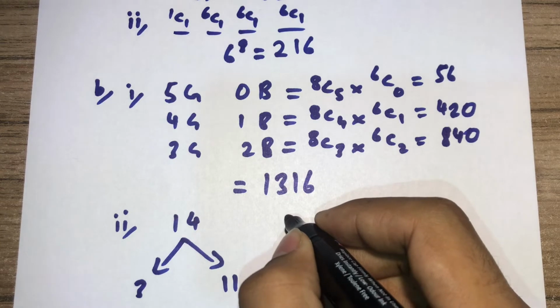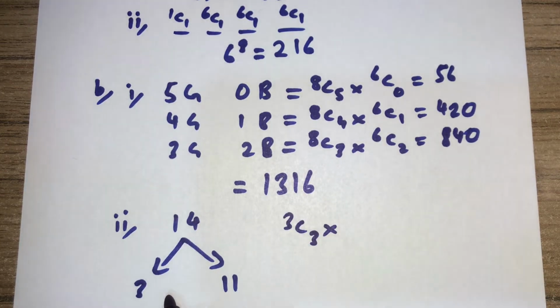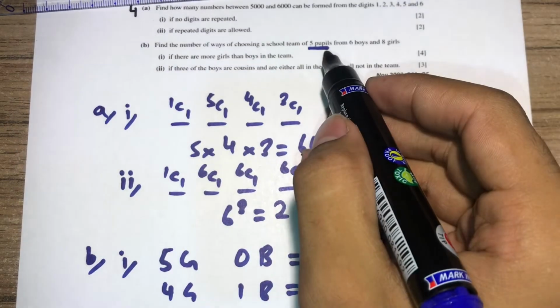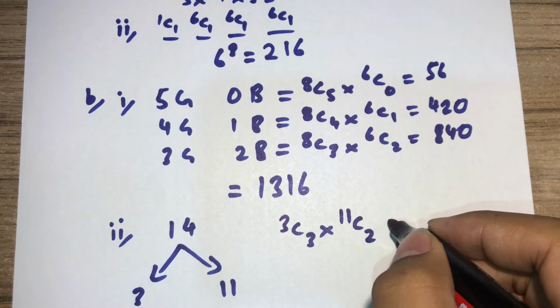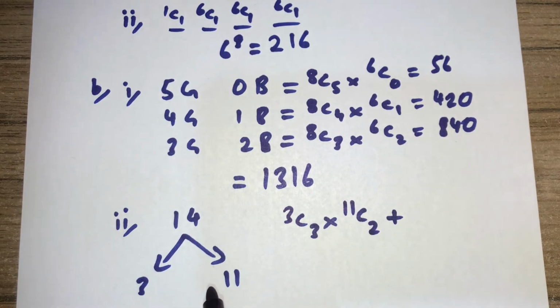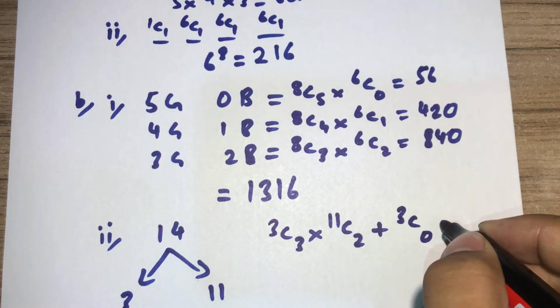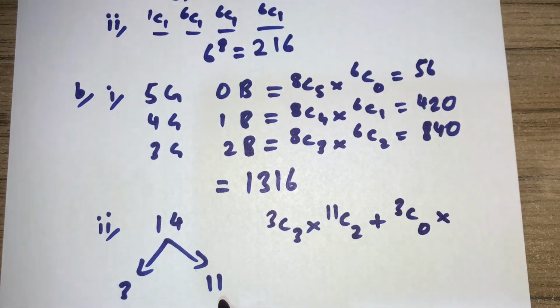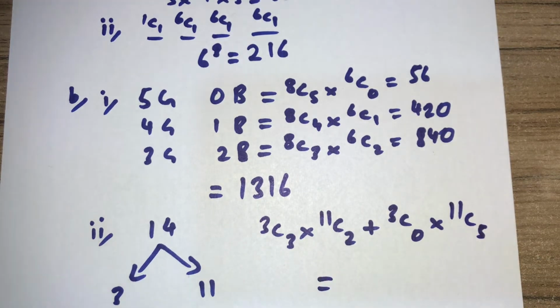So the possibilities are that all of them get selected. So if 3 are getting selected from here, we need a total of 5, so from the rest of the 11, there should be 2. The second possibility is that none of them get selected, so 3c0, and all of them get selected from the 11. So this is equal to